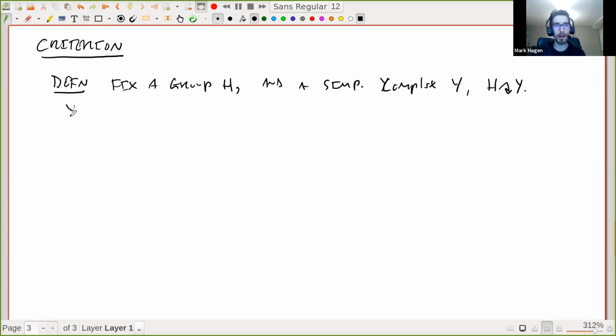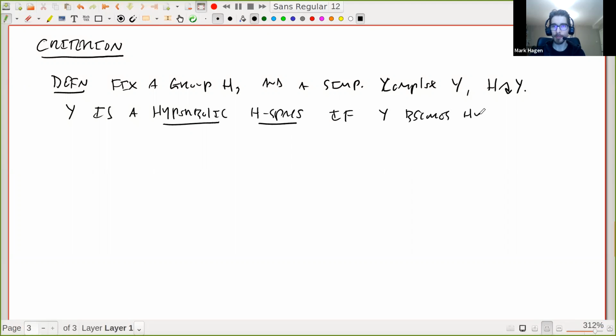We say Y is a hyperbolic H space if Y becomes hyperbolic after adding finitely many H orbits